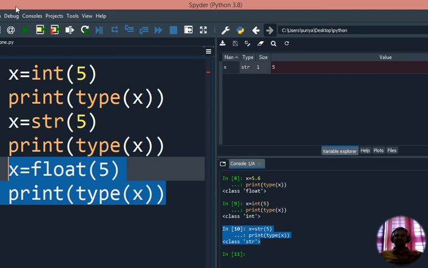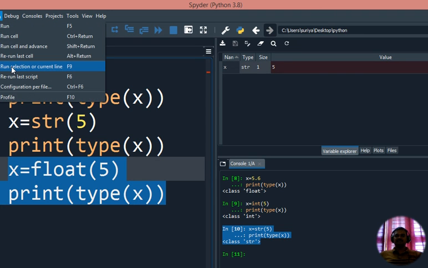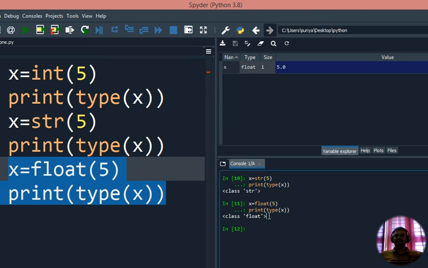Now just execute this line and check the type. Now you can see the type is float. We can see in the variable explorer that the x value is updated with the floating point data type, and it's now 5.0. I'm giving only 5, but when it is converted to floating point, we get a decimal value, 5.0.